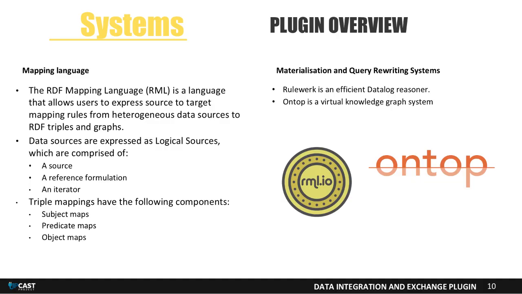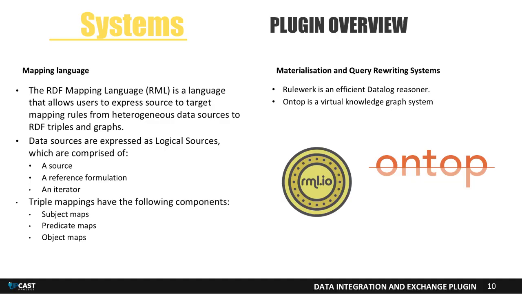RuleWork is a Java implementation of the Datalog reasoner VLog. It combines a column-based memory layout with optimization methods that avoid redundant inferences, resulting in high efficiency in terms of memory usage and speed. On top is a virtual knowledge graph system that supports mapping schemas expressed in R2RML, a predecessor of RML, or their internal language OBDA, as well as lightweight ontologies expressed in OWL to rewrite SQL and